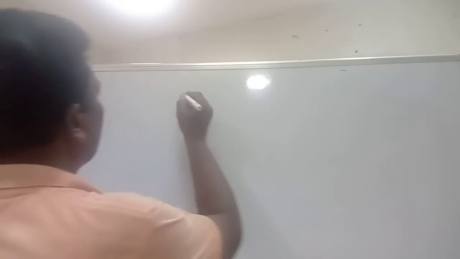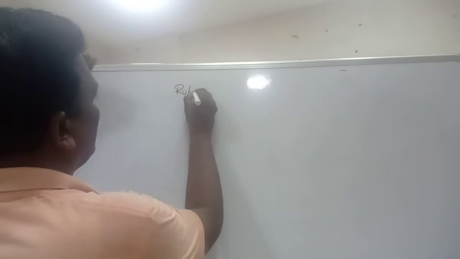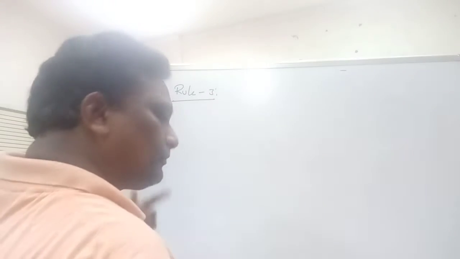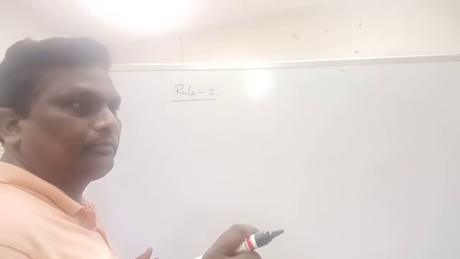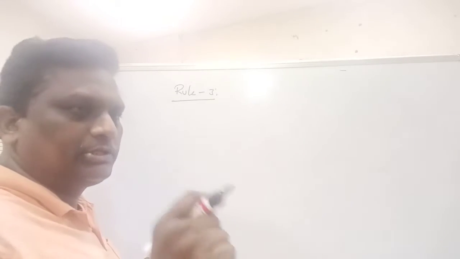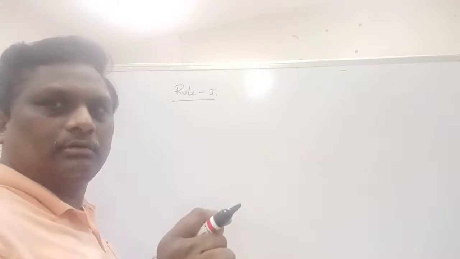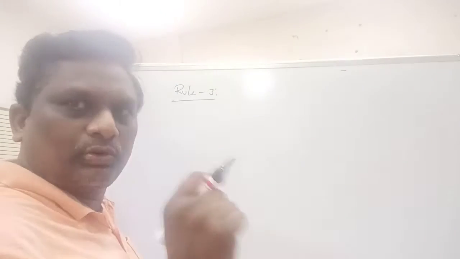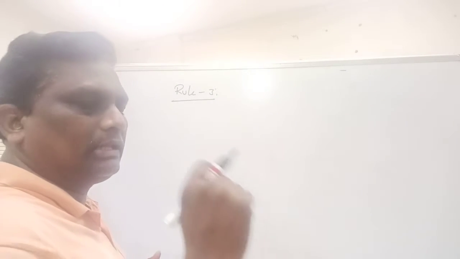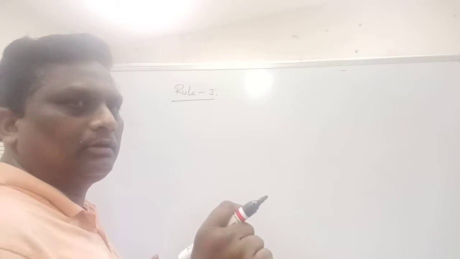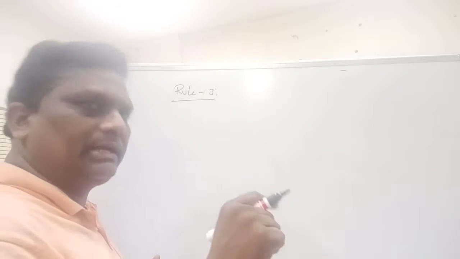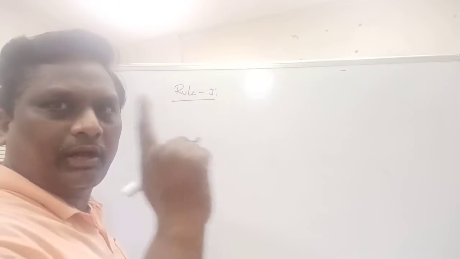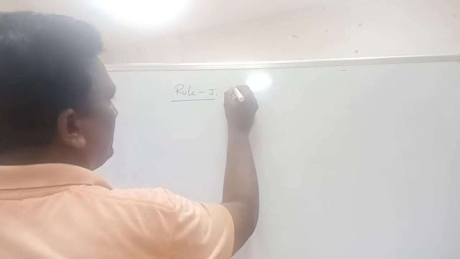Okay, see the rule number 3. In rule number 3, if the digit to be dropped is 5 followed by non-zeros, then the preceding digit is raised by 1. So that I am writing here, you see, if